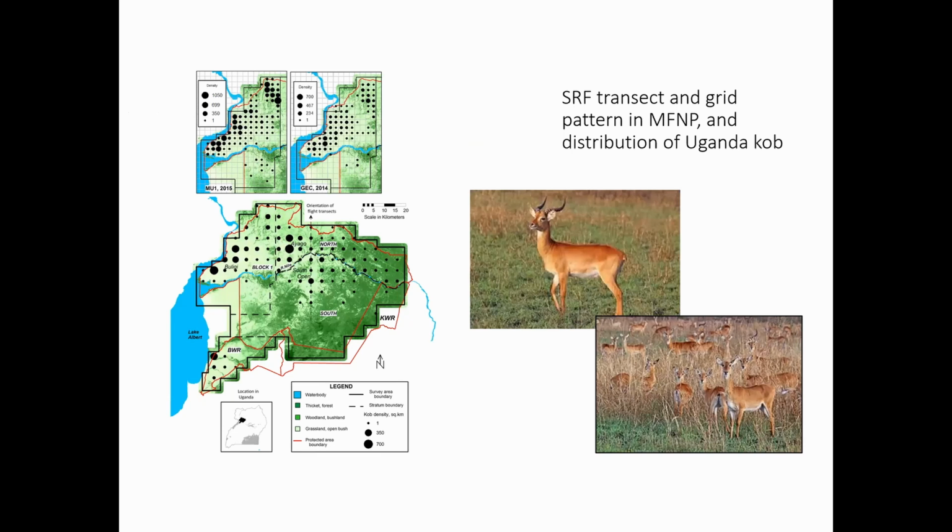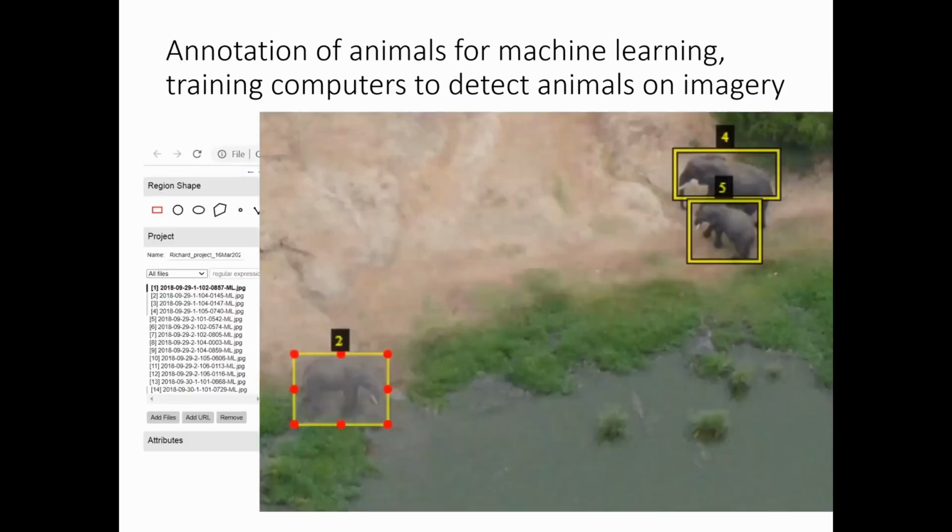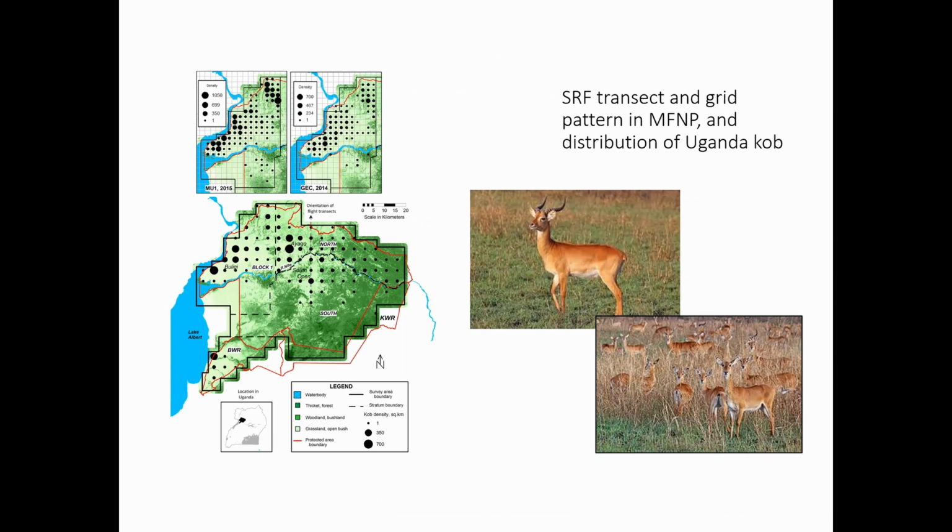Coming up with distributions that are needed by the donor. Where are the Uganda kob in Murchison Falls? So that they can plan accordingly. What are the numbers? Is it going up or down? Now, having